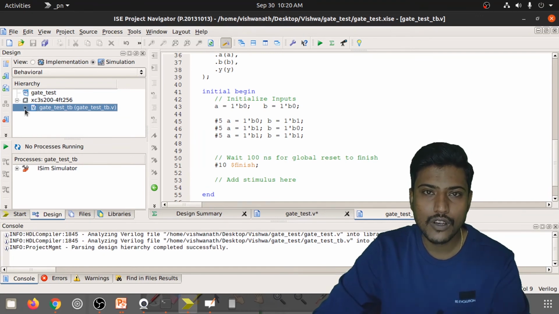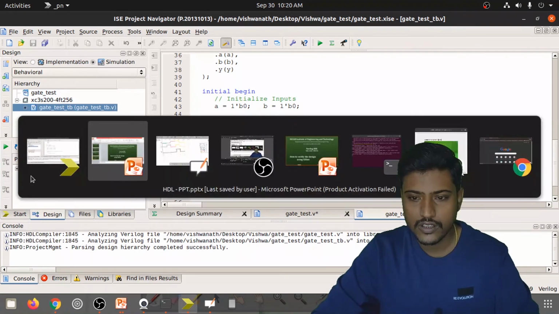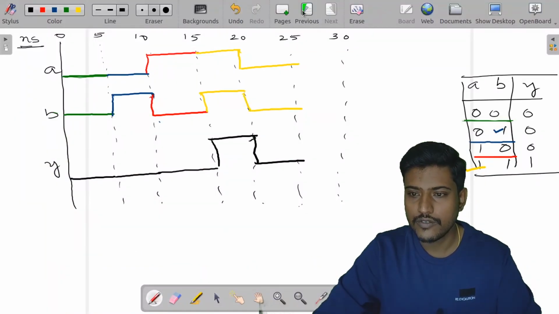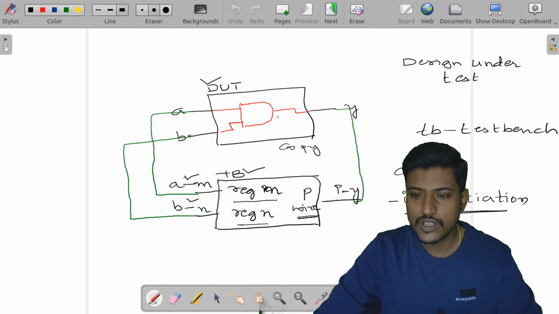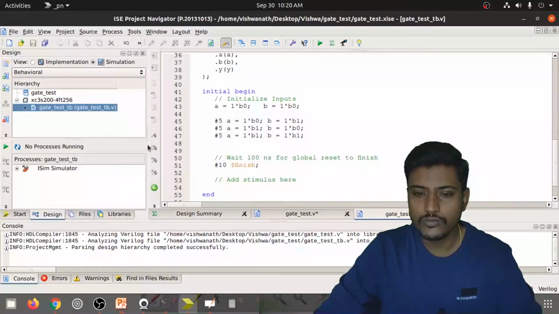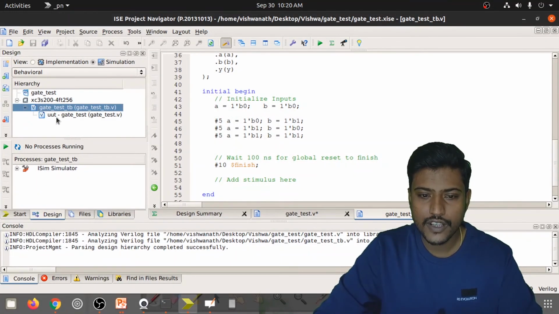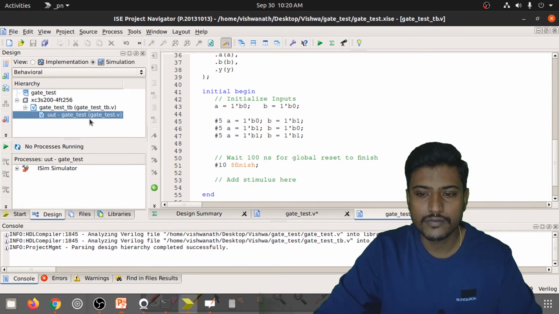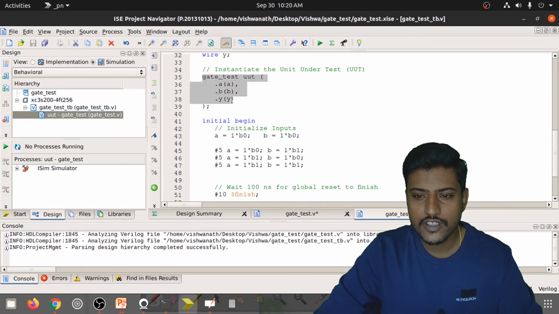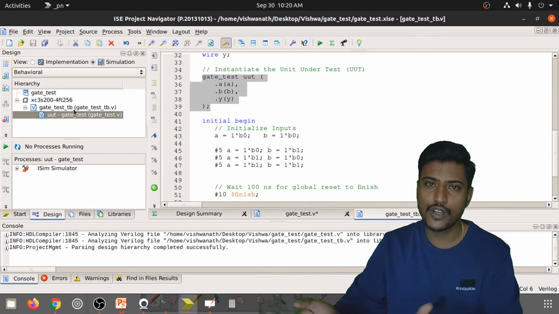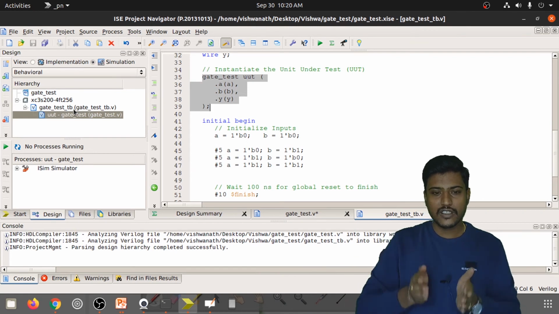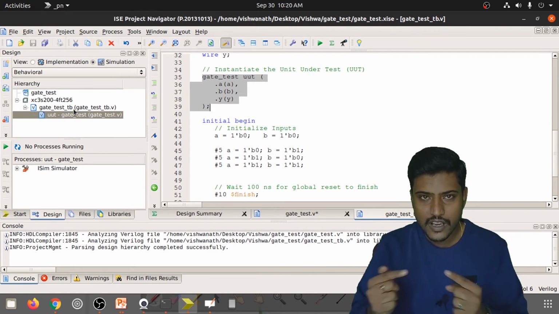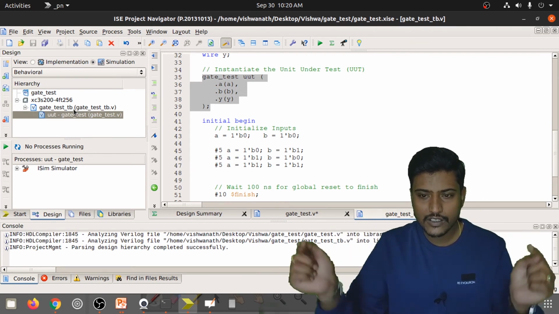So a copy of that particular file will be present inside this tb, right. So a copy of that particular file has been called over here. This instantiation takes a copy of that design file, keeps it inside itself, and then connects those particular things.